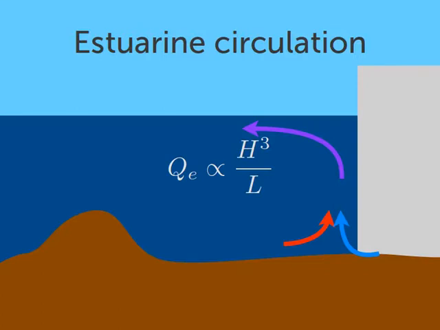And within an estuarine circulation, it's roughly proportional to the cube of the depth divided by the length of the fjord. So that's assuming that you've got fresh water here, salty water here at some constant salinity, and you're just trying to exchange the two. And I can point people towards the places where this comes from if they're really interested in it. So this works very well in short but deep fjords,